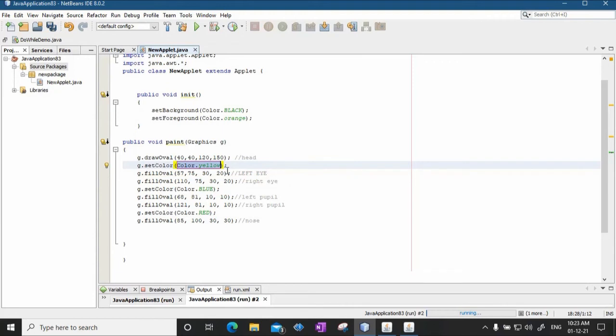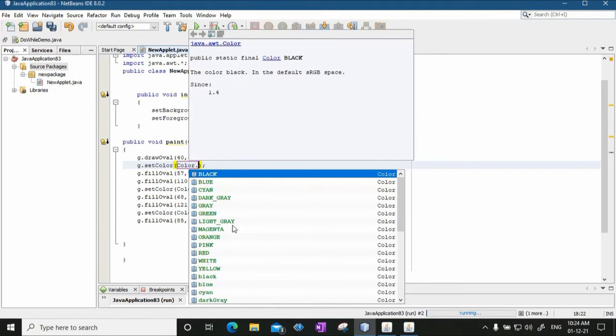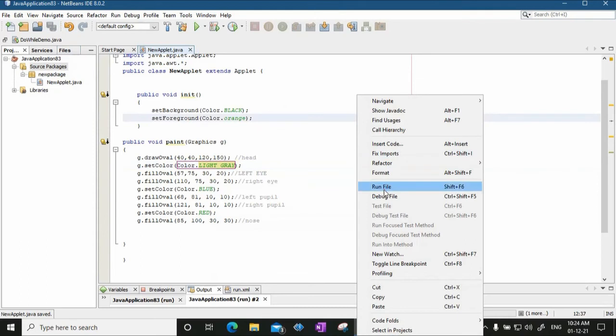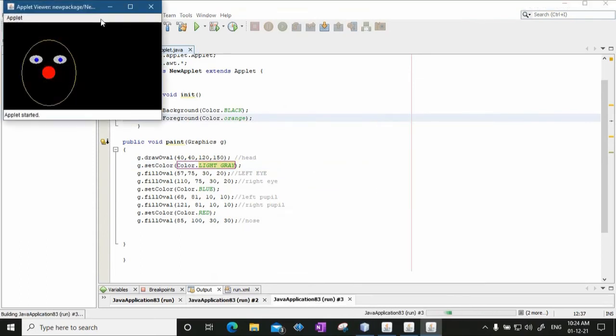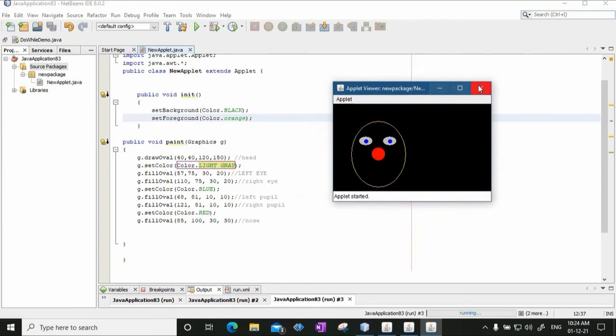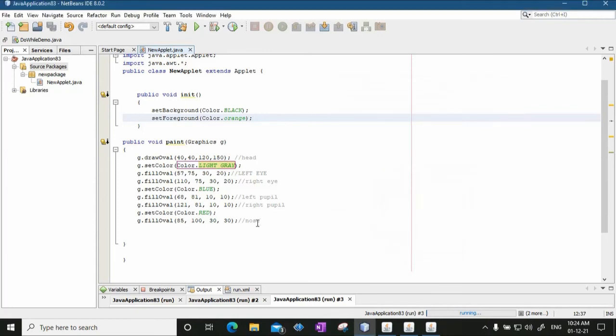The color will be white or something like that. Color dot white, or even you can go for dark gray or something like that. So that, yes, something like this. Okay, students can just go for curves and you can have eyebrows design, that is also fine.